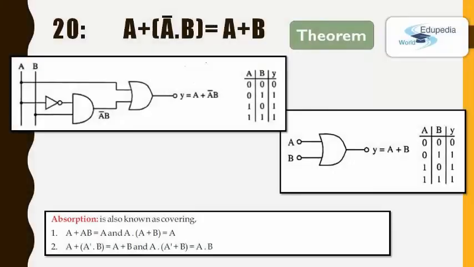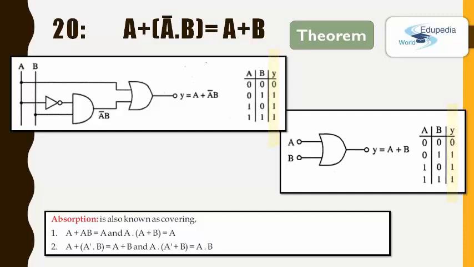Now here we are at the last law we are going to learn. A plus A bar dot B equals A plus B. It is another variation of the absorption law. Take a look at the left hand side logic circuit. The A bar B is handled separately, and that output is inputted into an OR gate with the input A. The right hand side is just a simple OR operation. So the logic circuits of both of the sides are totally different. But if you compare the truth tables, you can see the output of those two tables are equal. So that's how the absorption law is working.